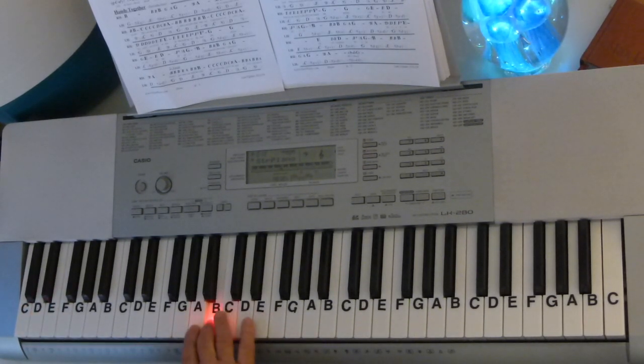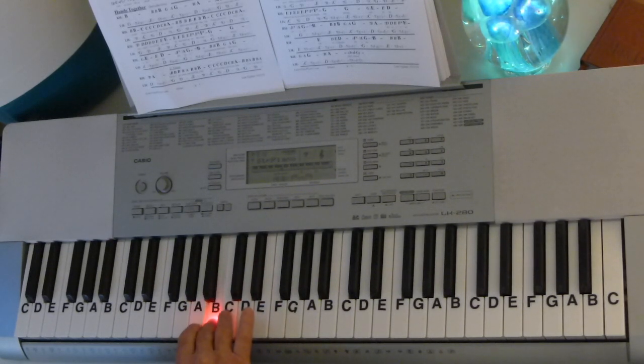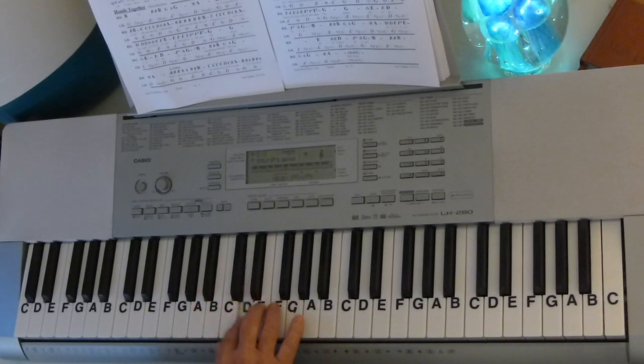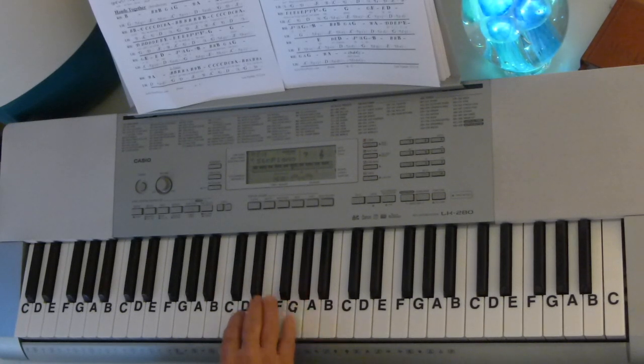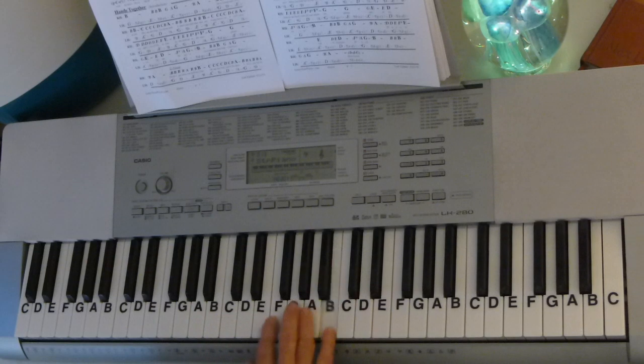Now the melody is B, B, B, B, B, B, B, C, C, C, C, D, C, B, A, B, B, B, B, B, B, B, C, C, C, C, D, C, B, A, D, D, D, D, D, E, E, E, E, E, E, F sharp, G, G, G, G, E, E, D, F sharp, A, G. And then we go right back to